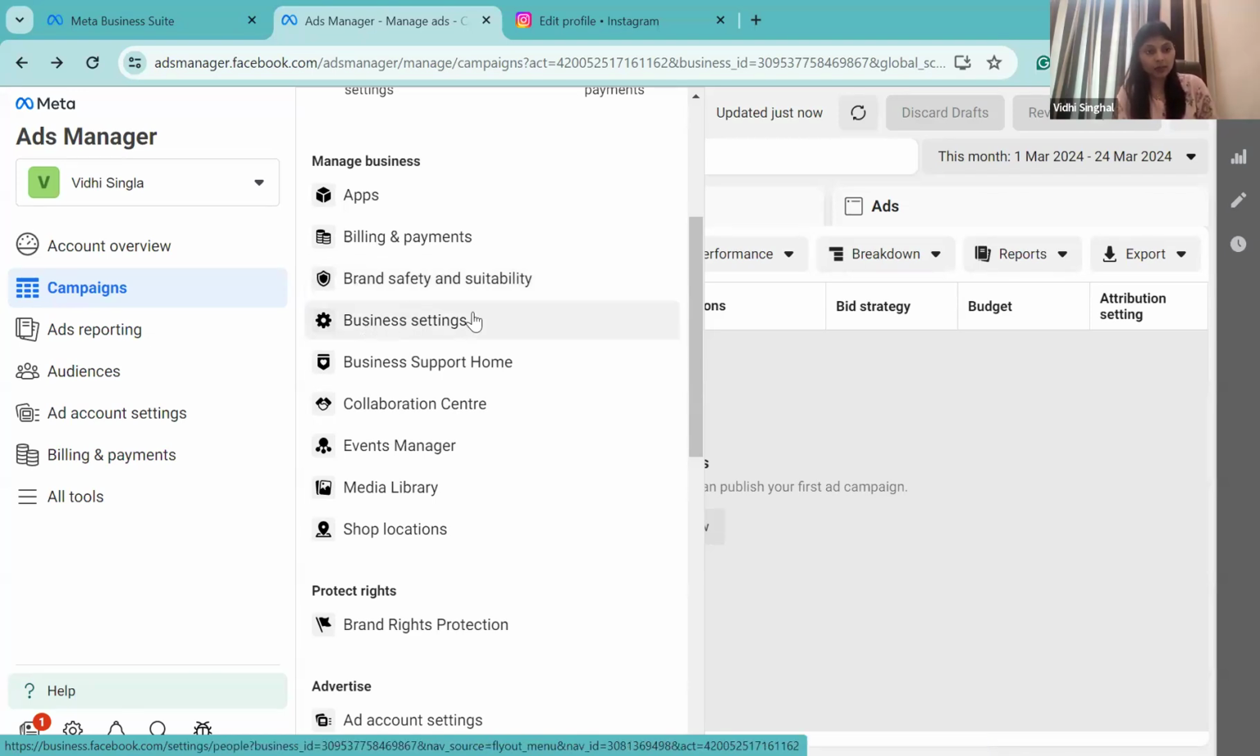Now, business settings, we have already seen it. There is a business support home. So these are basically all the support related things. You can find it out here. Now, collaboration center. Now, let's say if you want to collaborate on a particular post with other people, maybe it's a